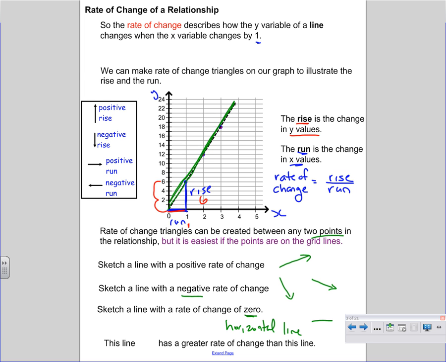Not too bad. And then I would like you to draw a line in this blank. This line, blank, has a greater rate of change than this line. So where are we increasing our distance faster? You have to draw that in the first one and slower in the second one. So a sample might be